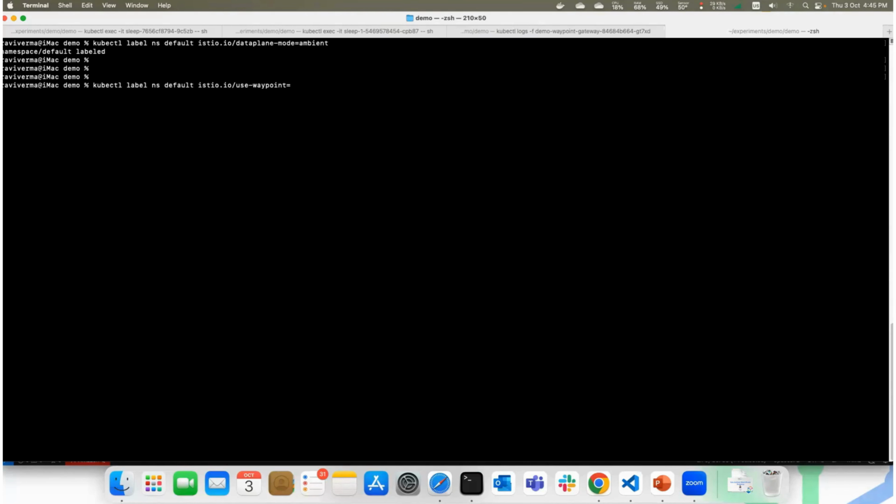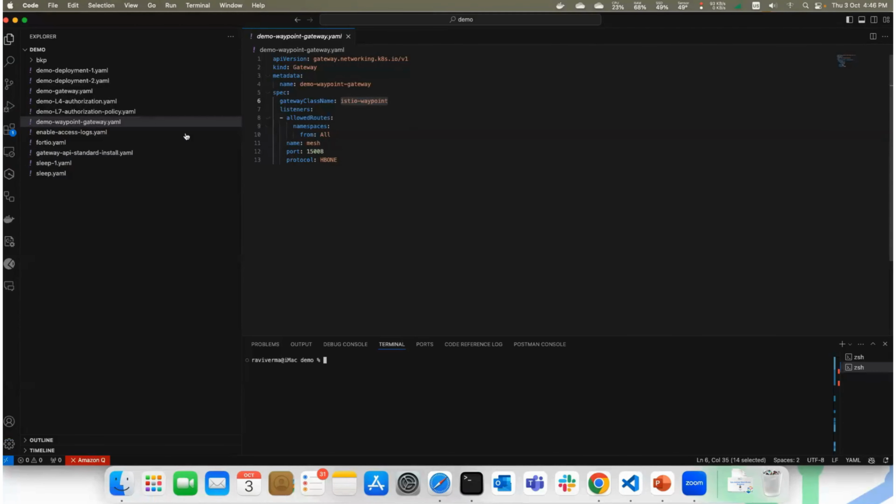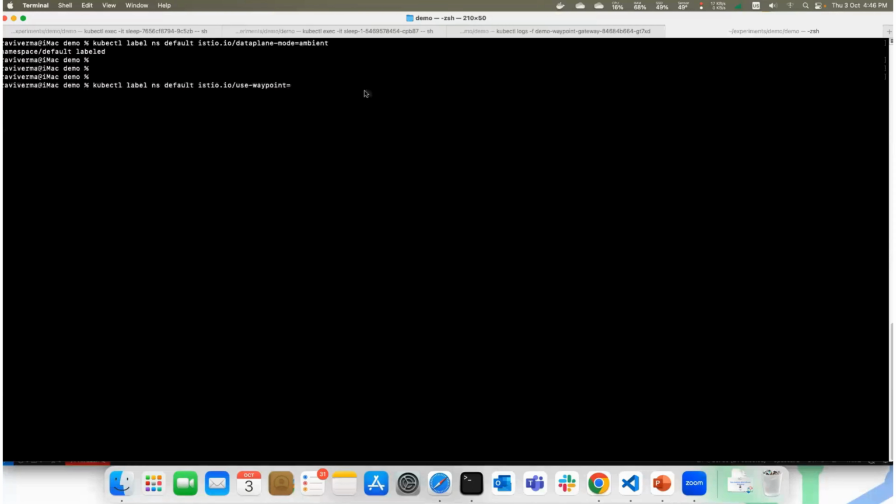We can have multiple waypoints based on the use case. Advanced use cases can have multiple waypoints based on the service, the workload, or the namespace. Here we need to tell which waypoint is to be used. We can even use a waypoint from another namespace, which needs one more label, but we can cover that somewhere else. This is the simplest way, to keep it simple because it's a get-started. Now we need to give the waypoint name, whatever had been created, and as soon as we tell it,